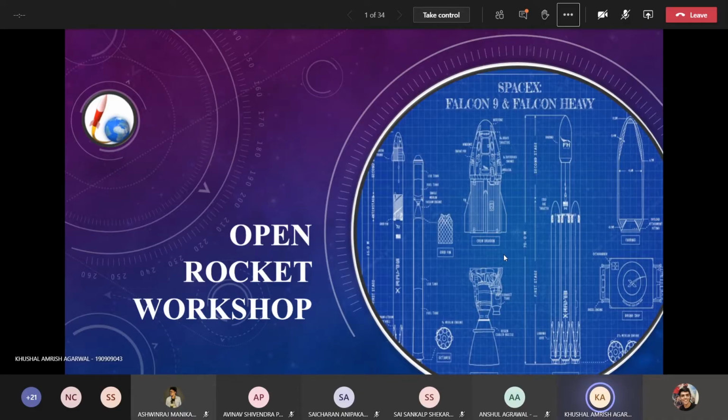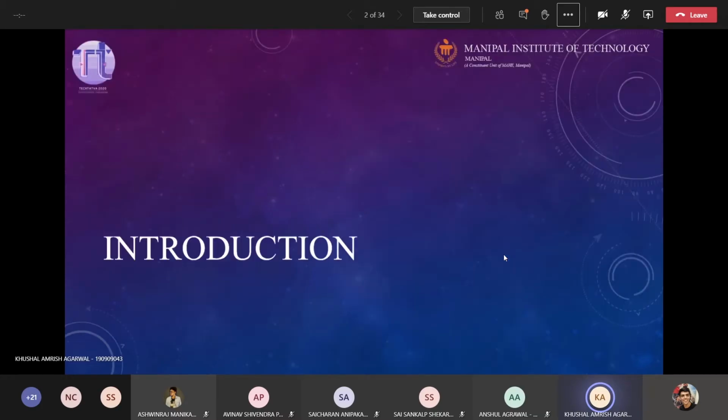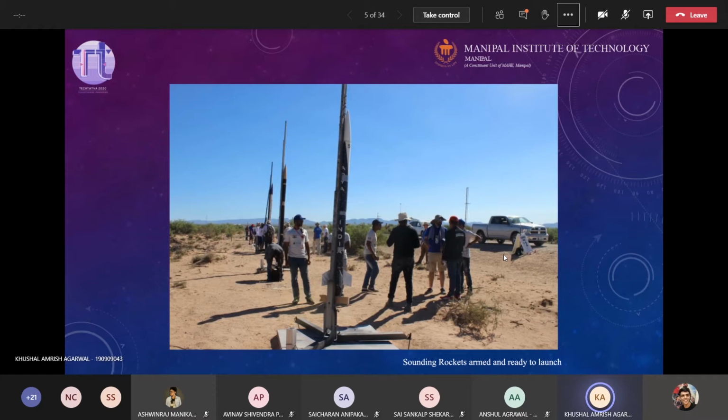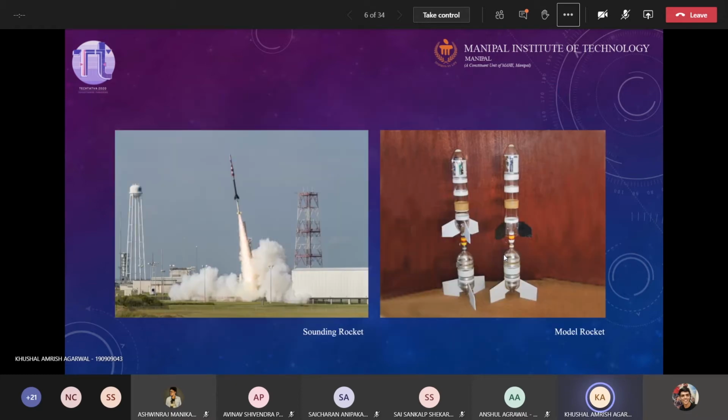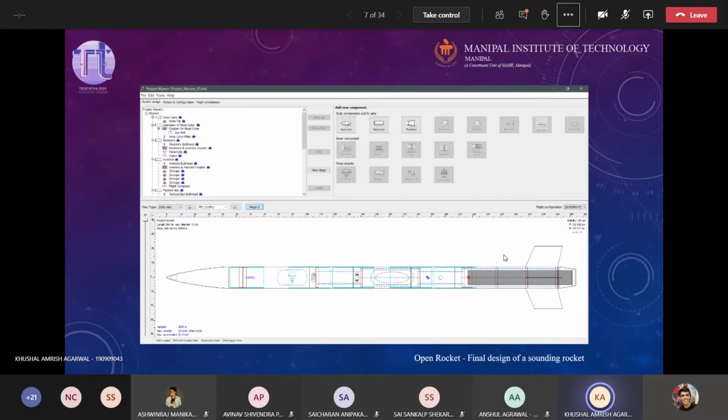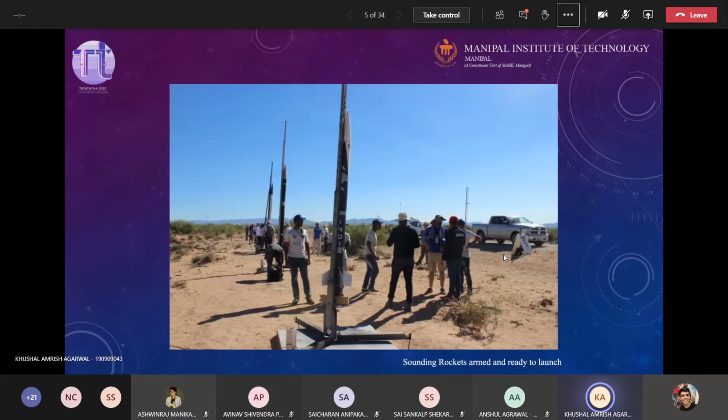So let's begin with the recap of what we did yesterday. We started off with knowing what rockets are and what exactly rocketry is. These were the slides which were presented yesterday. Then we quickly moved on to what sounding rockets are and how they are different from the orbital rockets.